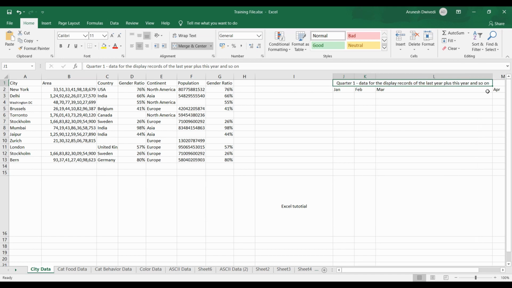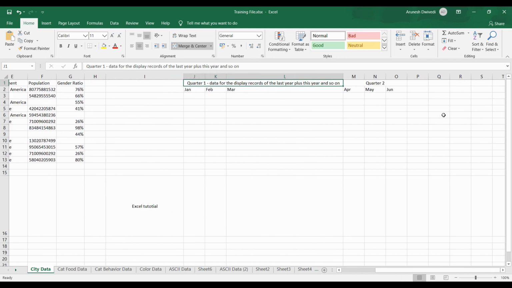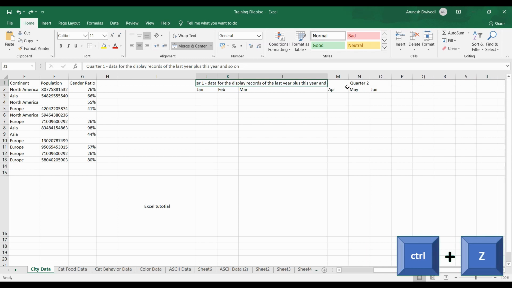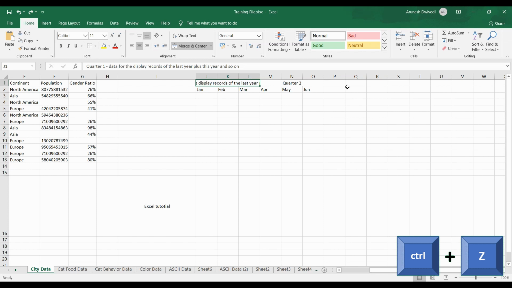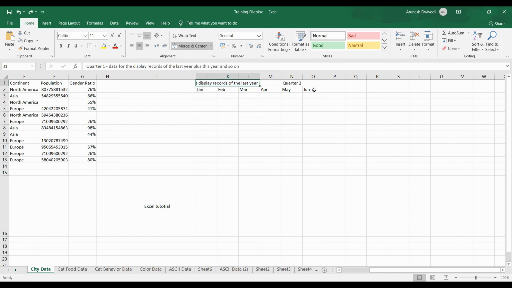Until now I have displayed the entire data. But this looks very awkward because one of the column widths has increased and the other two have not. The better way to do it is, rather than increasing the column width, let's wrap the text so that it comes one below the other. It becomes multi-line. Currently the text is single line and now you want to make it multi-line.